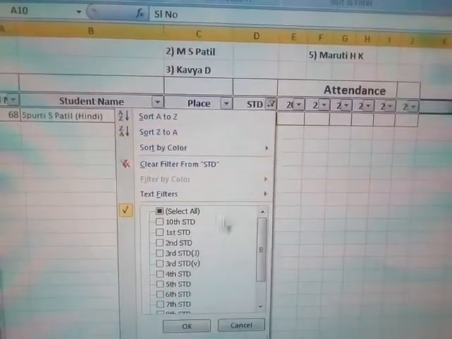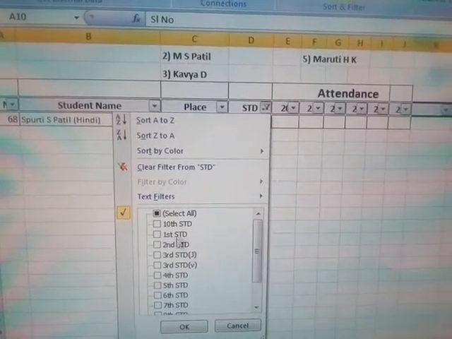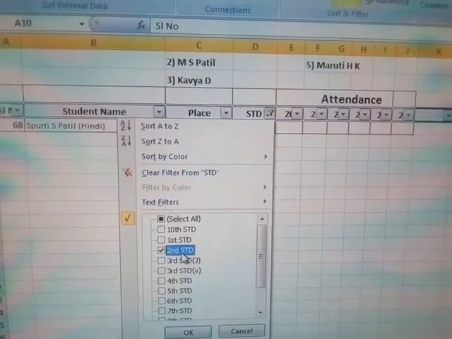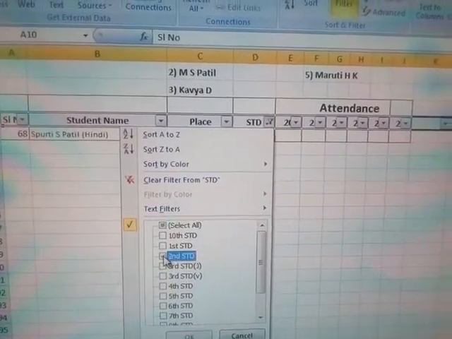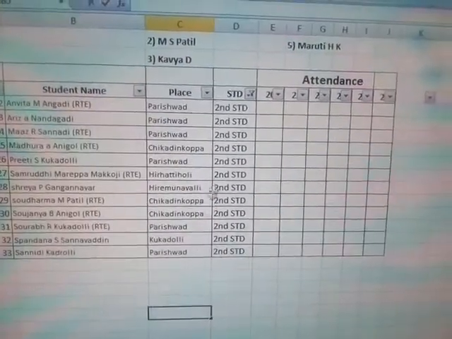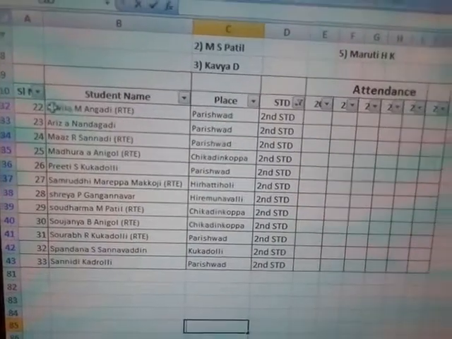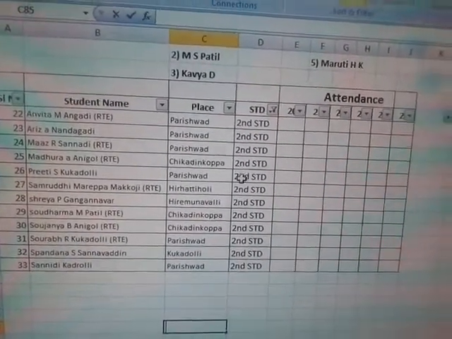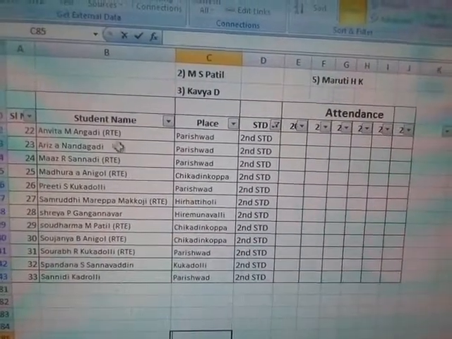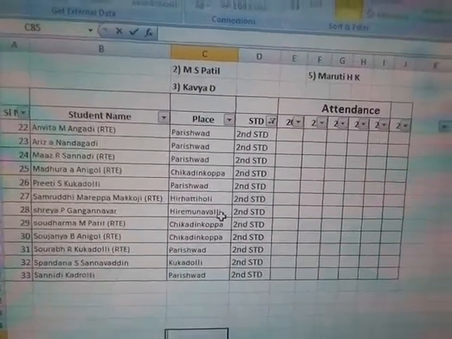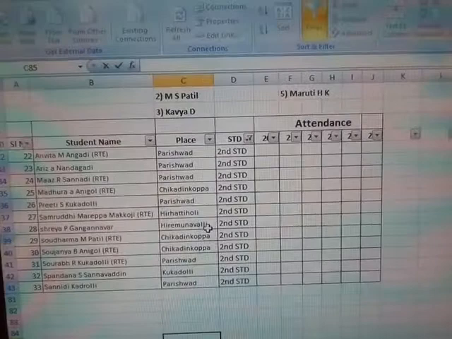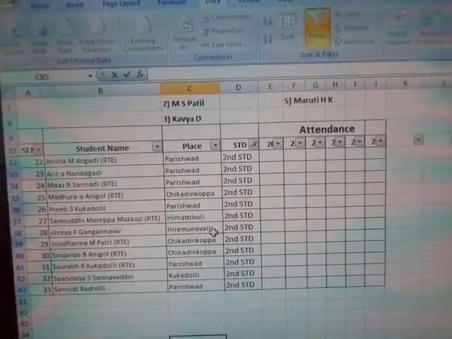Otherwise you can take the 2nd standard, and it will show only the 2nd standard students. See here how many 2nd standard students are there; it will show their names and places. This is how to apply the filter for your Excel document.